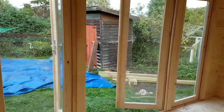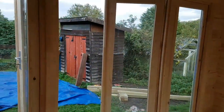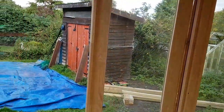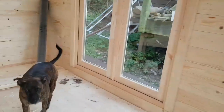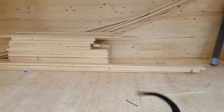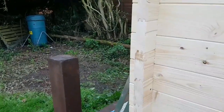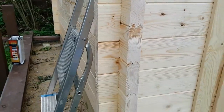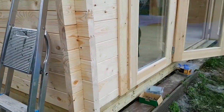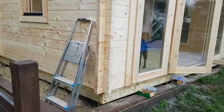So that's it. The guys did a superb job of the installation, which was totally free, because it's on special offer this month. So I'm really pleased. Anybody in England wants to get themselves a log cabin, then I highly recommend this company. It's got much thicker walls. These are 44mm walls instead of 28, which you get with most of the cheap ones. It will have insulation, superfoil insulation, eventually,